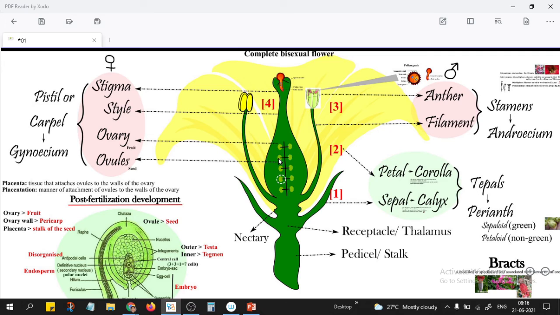The different floral structures are there. For example, we will see in the coming one also what we call an inflorescence. There may be multiple small flowers, some few. So there is so much diversity in the flowers. This is only one typical example we are taking. So when such a condition is there, at that time whatever different flowers are there in the same plant, for example multiple flowers on one plant, when we are referring